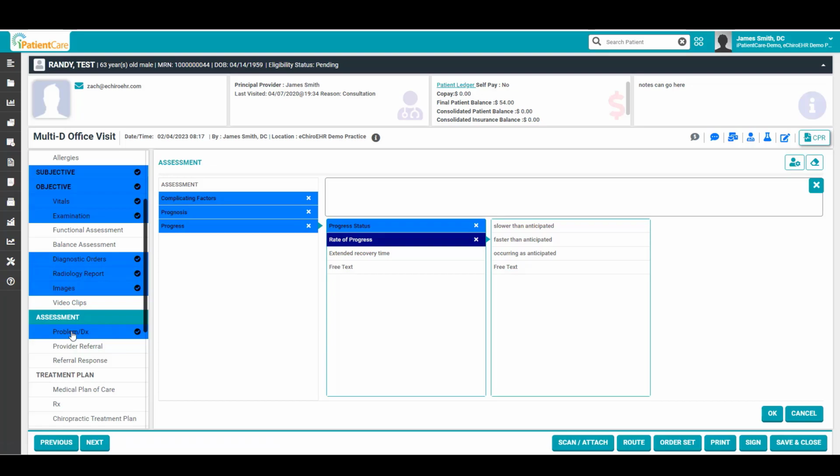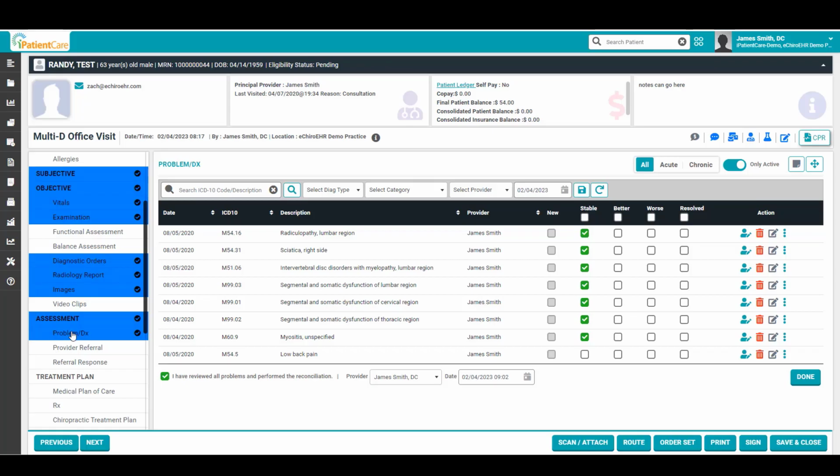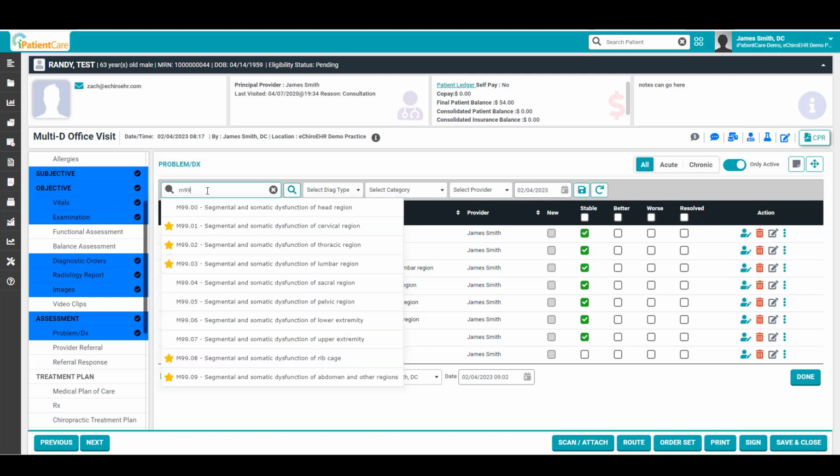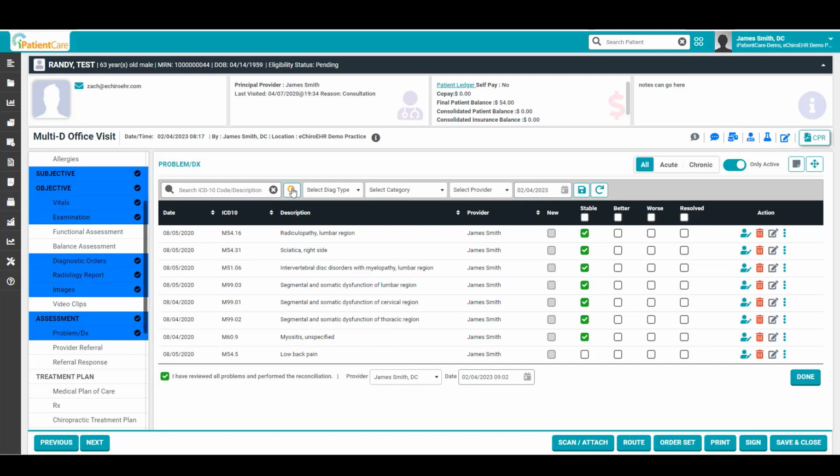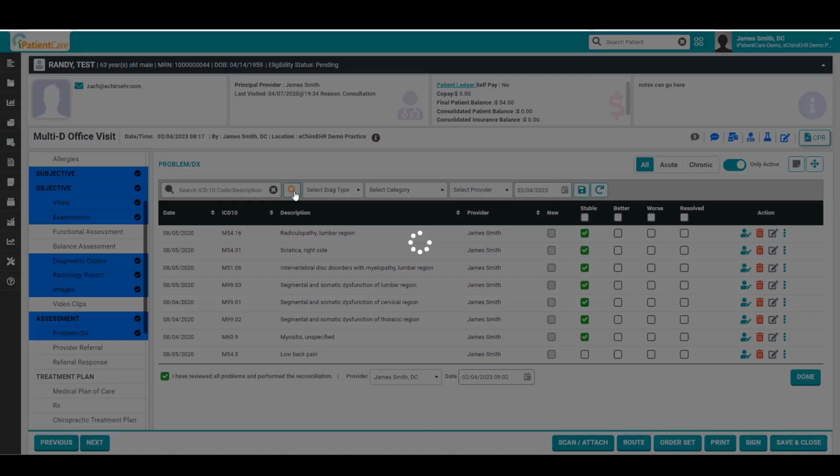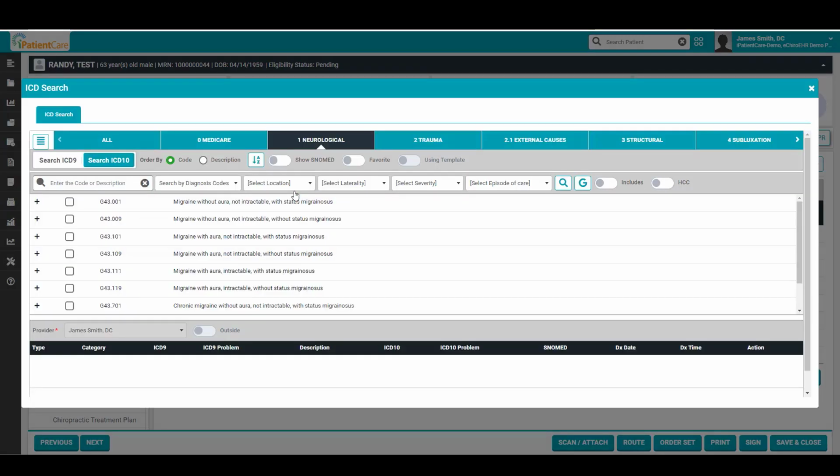Problem diagnosis section. This is the section where we assign diagnoses for the patient. To bring in a new diagnosis for the patient, you can do it a couple of different ways. First of all, you can just do a direct search in the search field by typing in 2 or more characters, and you'll see the drop down. Or you can click on this search button, which brings you into this area